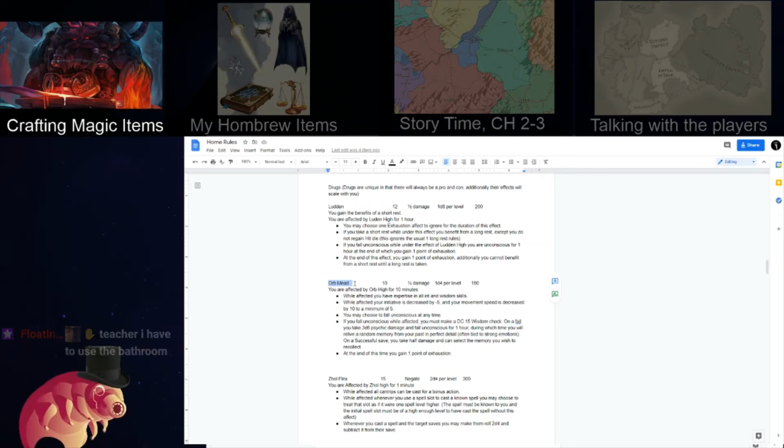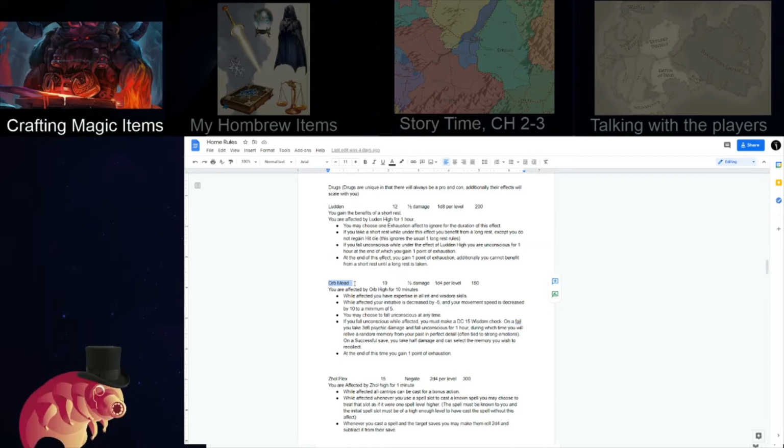You may choose to fall unconscious at any time. If you fall unconscious while under the effects of Orb High, you must make a DC 15 Wisdom check. On a fail, you take 3d6 psychic damage and fall unconscious for 1 hour, during which time you will relive